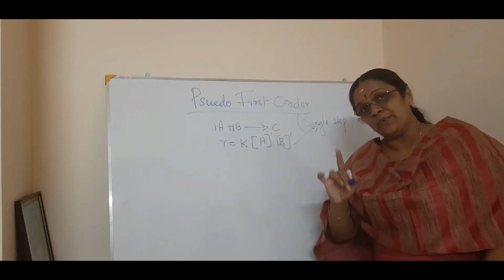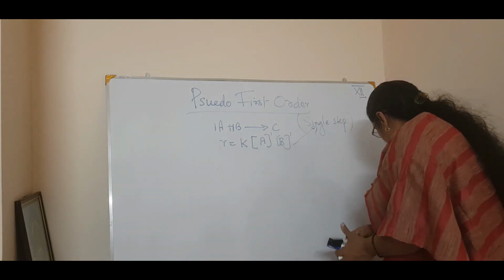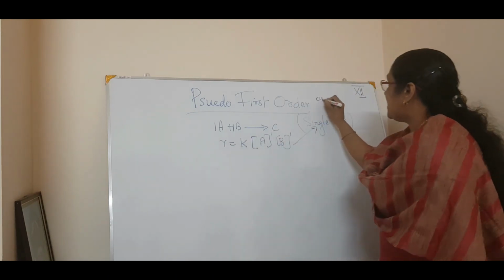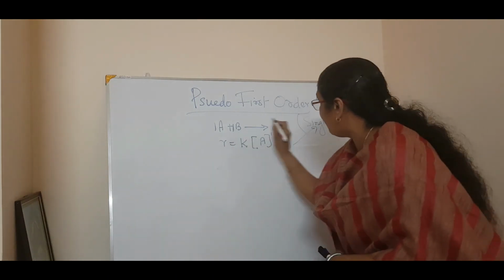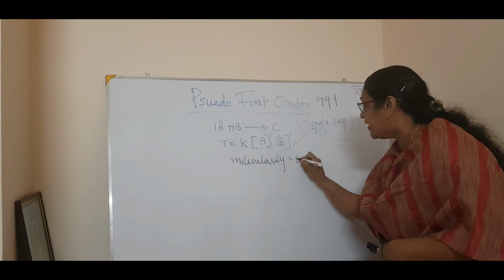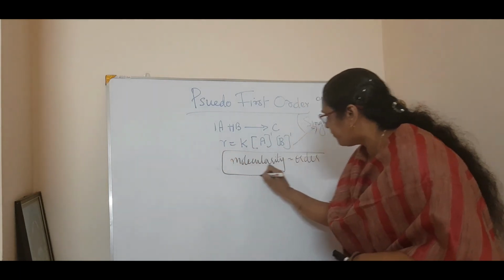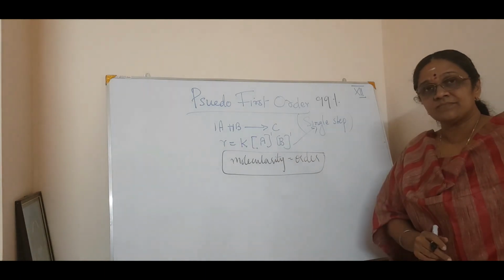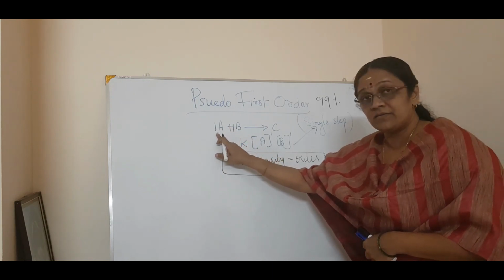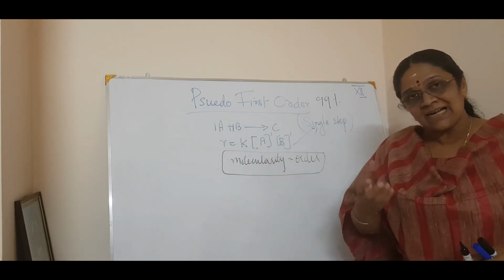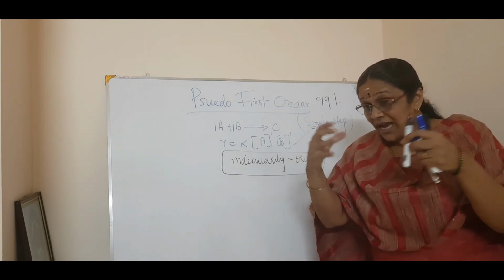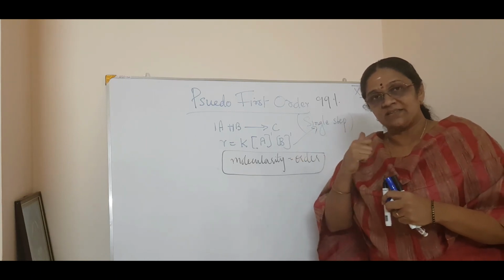Or I can say in other words, in an elementary reaction or a single step reaction, most of the reactions, that is 99%, for a single step reaction, the molecularity equals the order. Listen very carefully. What is molecularity? It is the number of reacting species, whether an atom, ion or a molecule, which collide simultaneously to give product. That is molecularity.